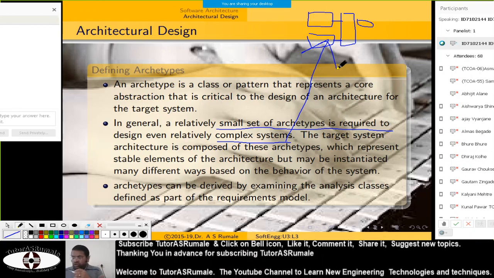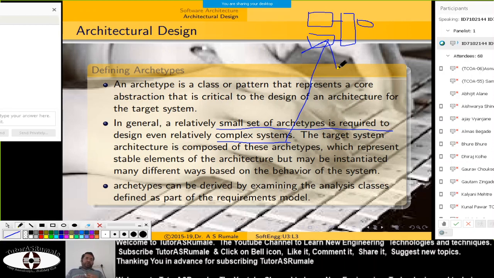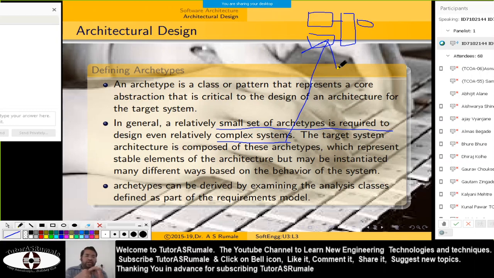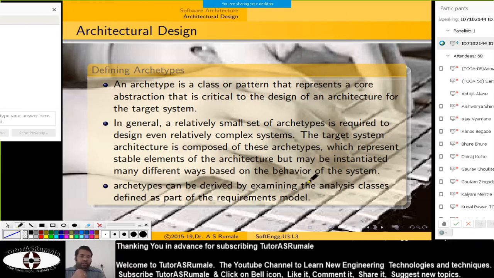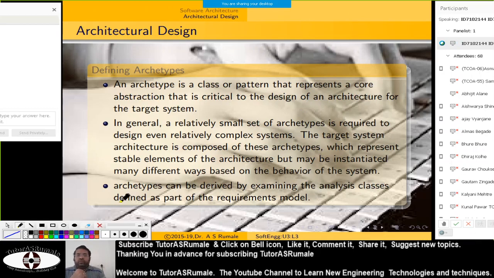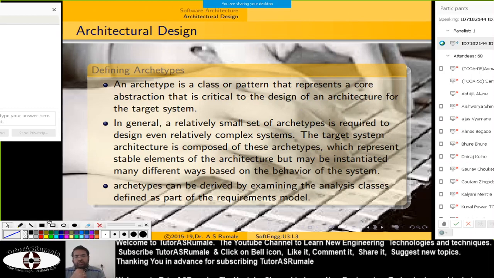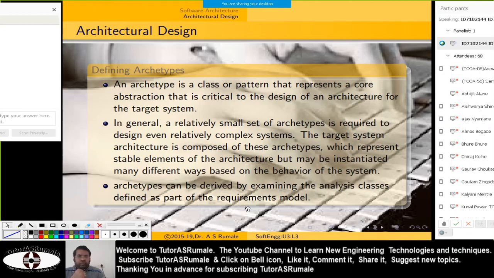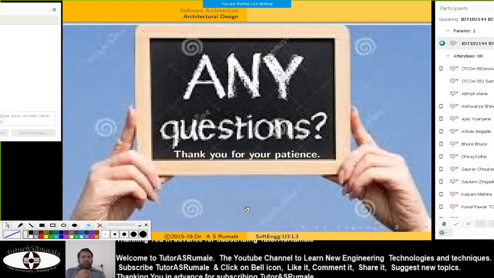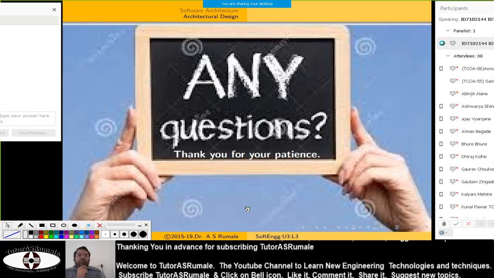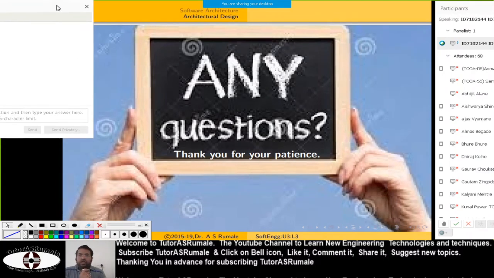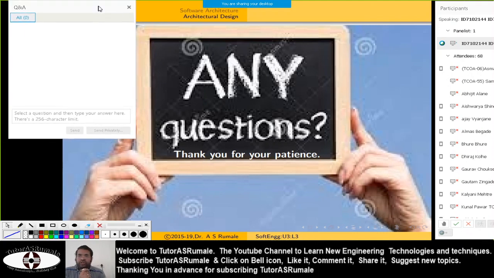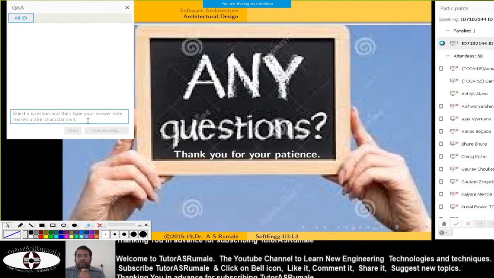It's already 3:11, so we do not have time for the next presentation that I mentioned about the alternative architecture, so we are not going to go through that. If you have any questions or queries, or any problem with whatever we have learned or discussed here, you can put them in the question answer box.